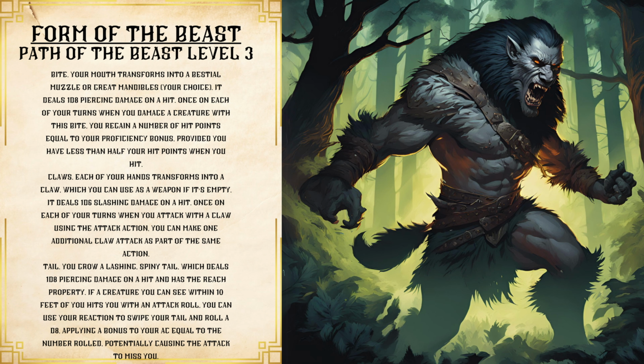Tail. You grow a lashing, spiny tail, which deals 1d8 piercing damage on a hit and has the reach property. If a creature you can see within 10 feet of you hits you with an attack roll, you can use your reaction to swipe your tail and roll a d8, applying a bonus to your armor class, potentially causing the attack to miss you. So for this build, we're mainly going to be using claws,